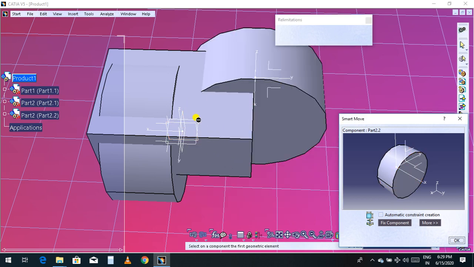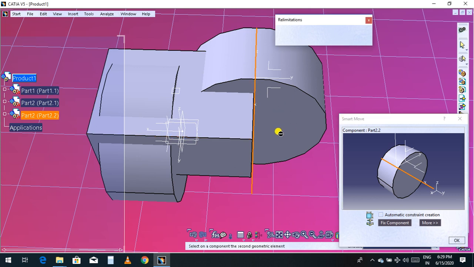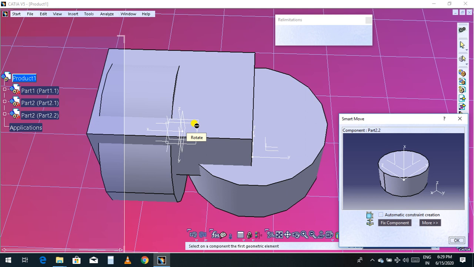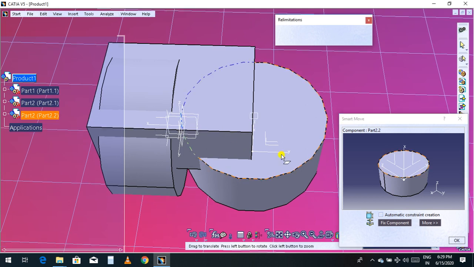And if I choose this plane, it will move to your plane.